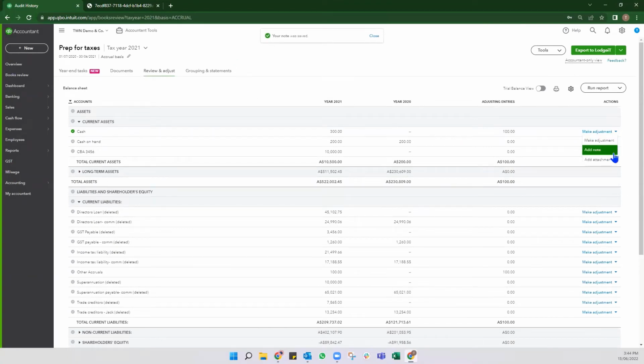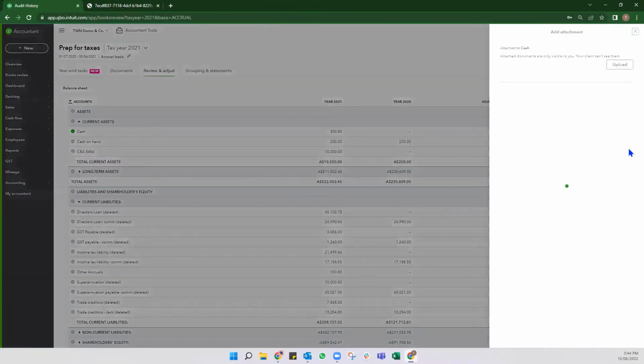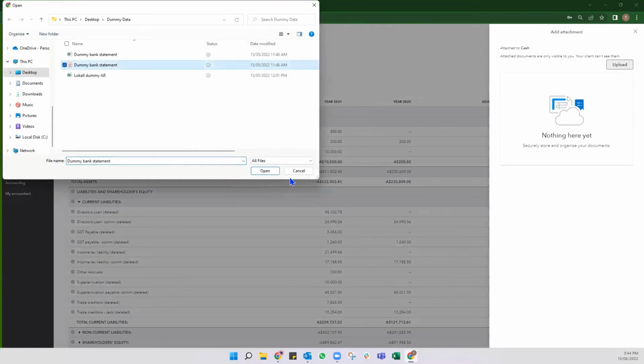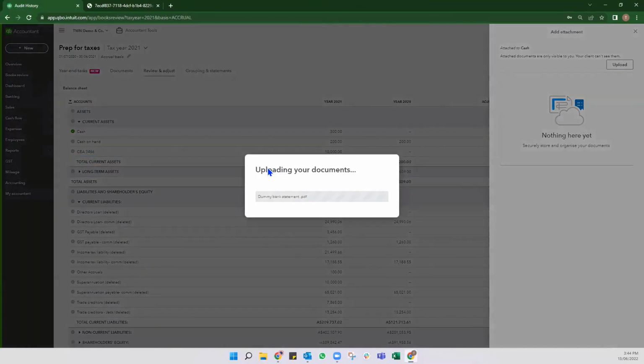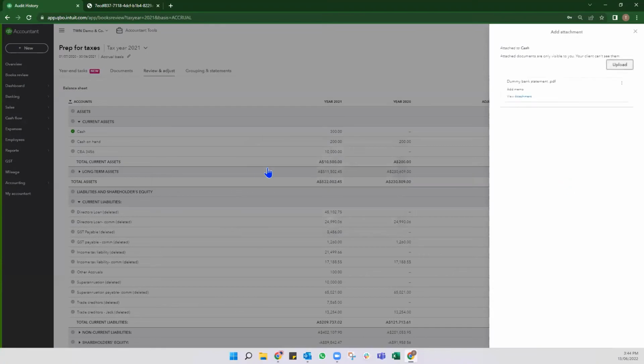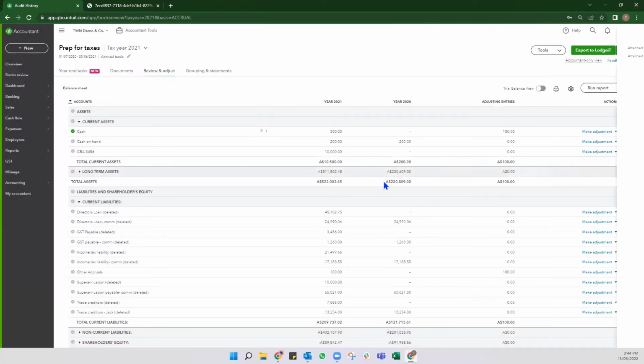Now, something else that you can do is actually add attachments. And this is where, if you're sitting on the bookkeeping side, you probably want to add in your bank statements directly. Instead of trading emails back and forth between the bookkeeper and the accountant, it will already be attached in your file. And every time you put in an attachment, it'll show you a paperclip with the number of attachments